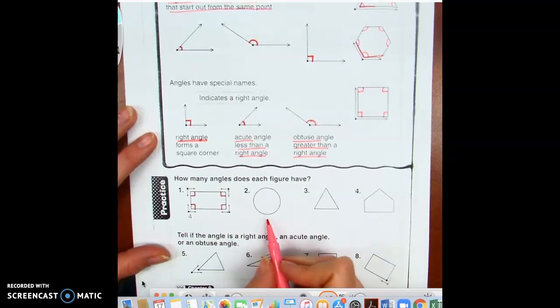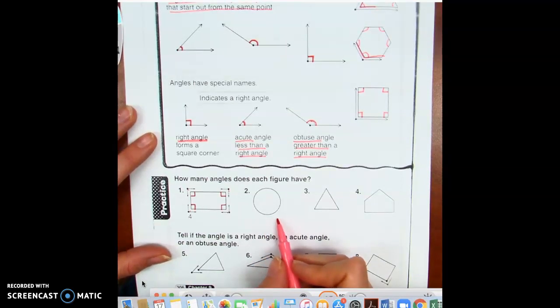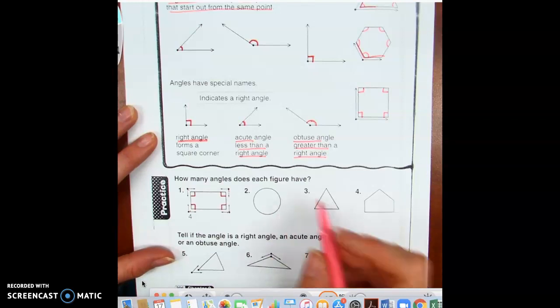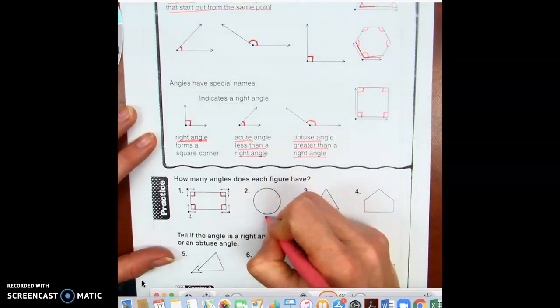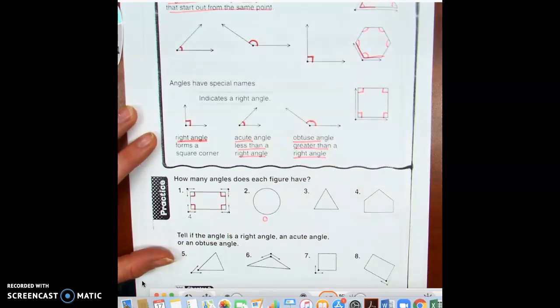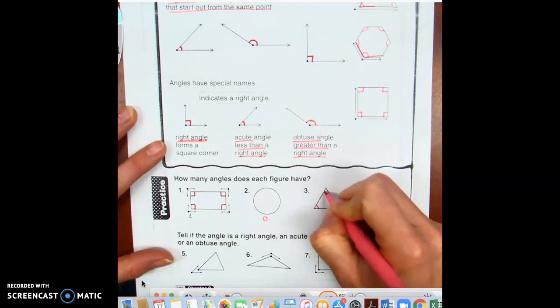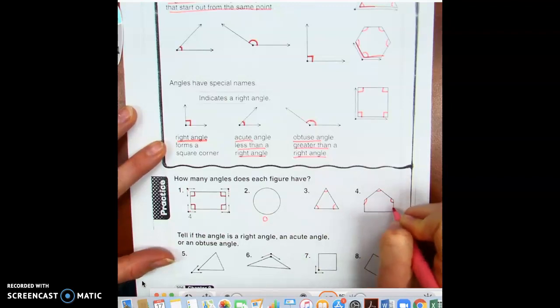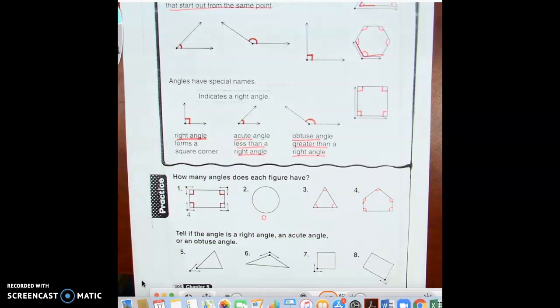Number 2, a circle. Does it have any angles? No, it does not. It doesn't have any straight lines, so this is 0. And so go ahead and just mark it all and then count it all up and write your answers there. You can pause the video, and then when you've finished,